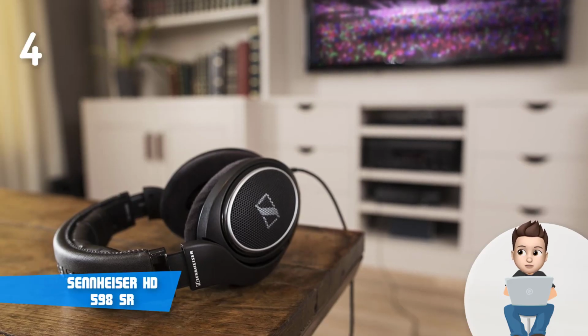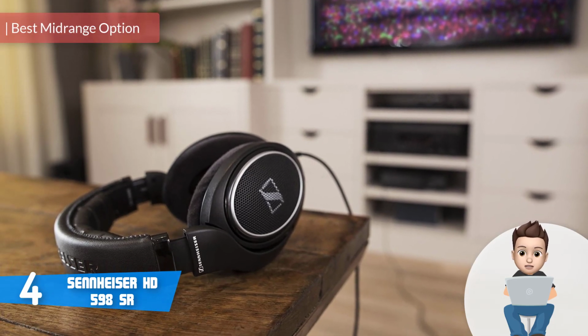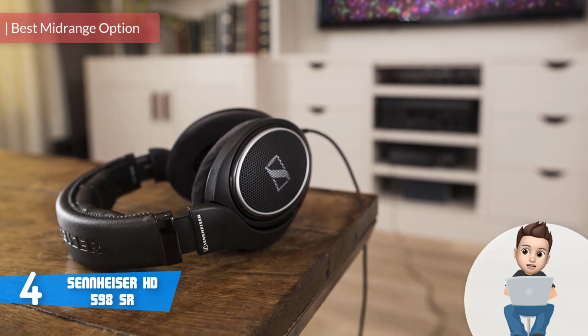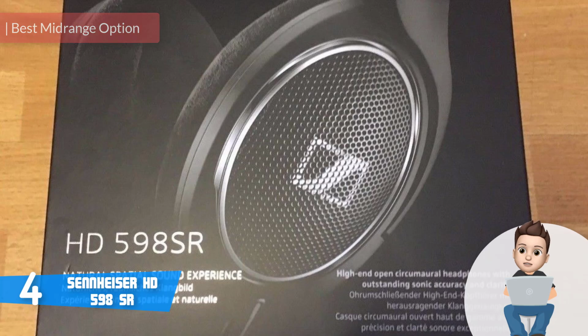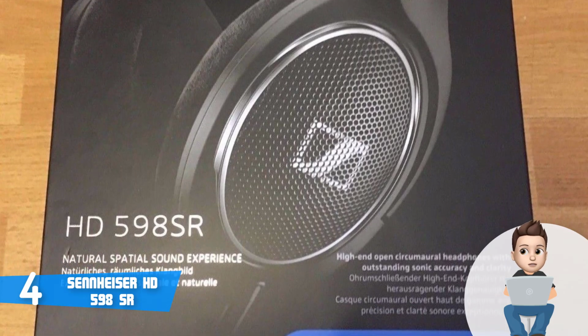Moving on, at number 4, we have the Sennheiser HD598SR. The Sennheiser HD598SR are mid-range priced, over-ear, open-back headphones that are among the most purchased products in their price range, so if you want to have headphones of this caliber, wait until you hear what they have more to